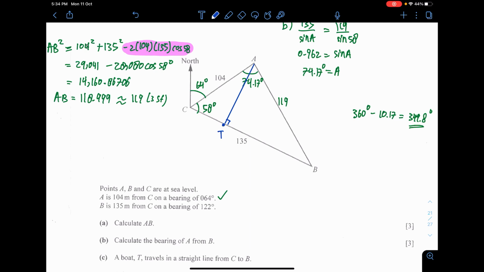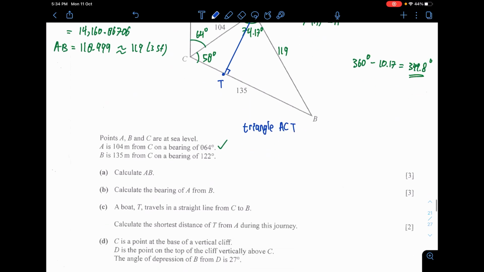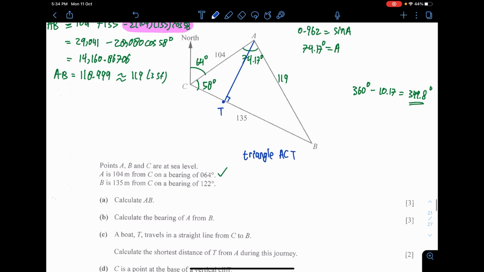Now this right angle triangle is also equipped with two triangles that we have here. You can take the triangle ACT, or you can take the triangle ABT. I will take the triangle ACT, so pay attention on the triangle ACT. The question is asking you to find the shortest distance. I look for 80. Since this is a right angle triangle, I can do Toa Kaso. I'll use the 58 degree and the hypotenuse of 104 to find the opposite, which is 80. Opposite and hypotenuse, that will be sine of 58 degree, which is 80 divided by 104.